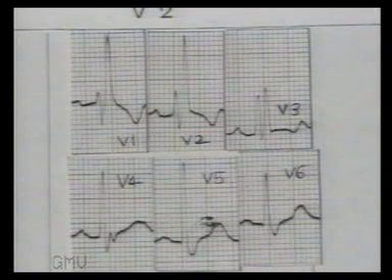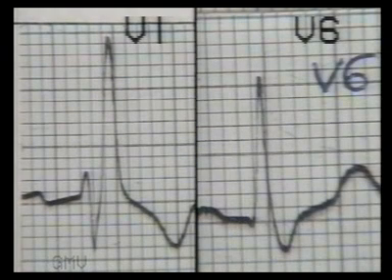In this ECG, measure the width of the QRS complex in lead V1. It is 3 small squares. Now note the RSR dash pattern in V1 and V2. Note that the T wave is opposite to the direction of the wide terminal QRS deflection. In V5 and V6, a wide S wave is seen. So the diagnosis is right bundle branch block. Note again the rabbit ears in V1 and wide S wave in V6.